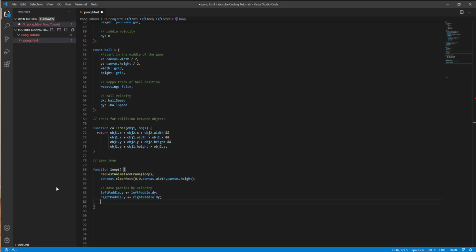So basically right paddle, left paddle, and then we're gonna go down here and then